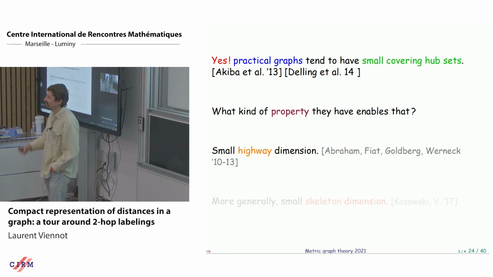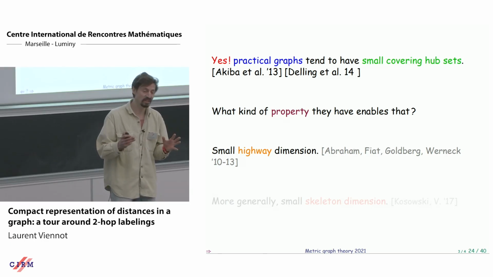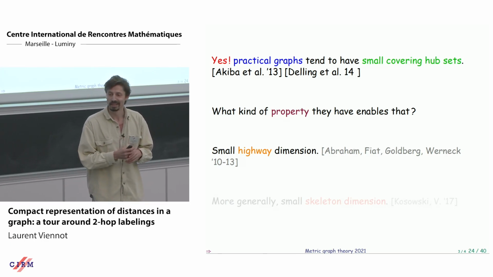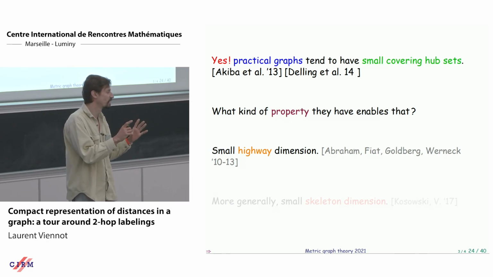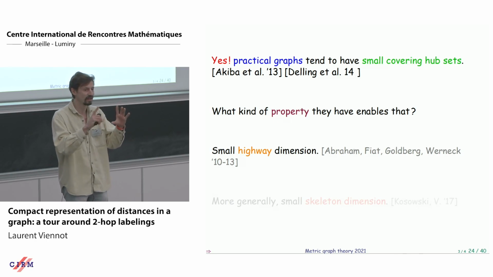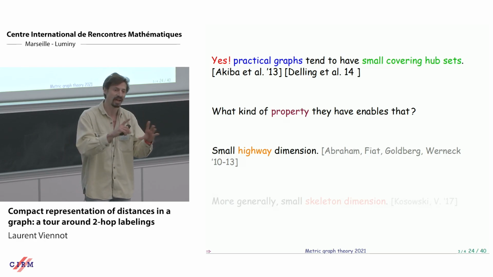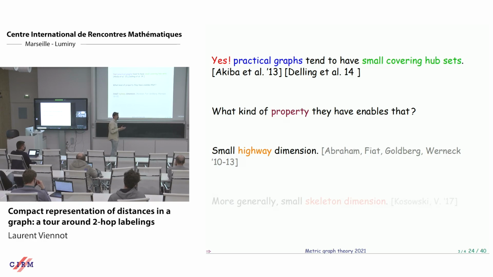So there was a very nice paper by Abraham et al. saying that if you succeed to do this in road networks, it's because road networks have small highway dimension. So this is a very nice work, but there is a slight problem, is that grids do have high highway dimension. I don't explain what is highway dimension, but just know that the highway dimension of a square root of n by square root of n grid is square root of n. So this is a very nice work, but it doesn't work for grids, which is a quite natural model for road network in New York, for example.